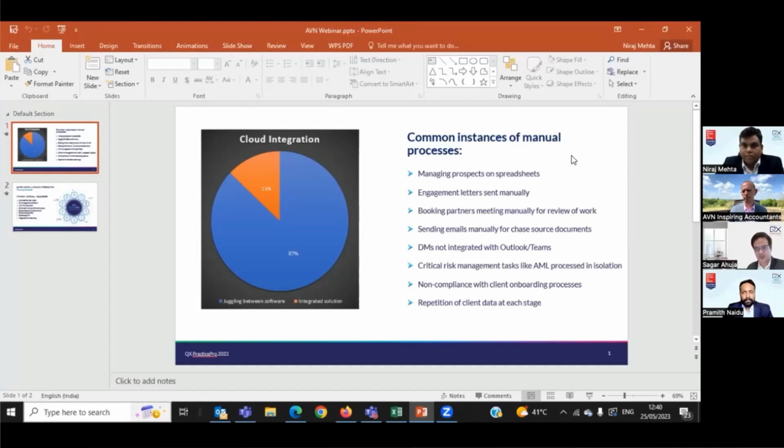Now, the problem is they have desktop-driven software, and then many other cloud-based software which are not talking to each other at all. That's number one. But number two, if you see on the right side of the screen, I was absolutely blown away when I saw the issues and problems you have in the manual-driven processes where automation hasn't kicked in at all with accounting practices. And some of them are top 20 firms, top 30 firms, which have responded here.